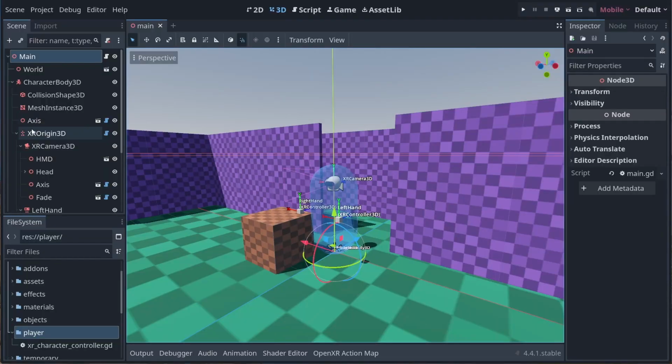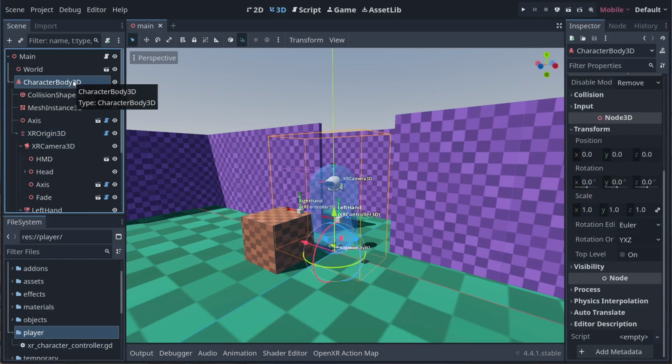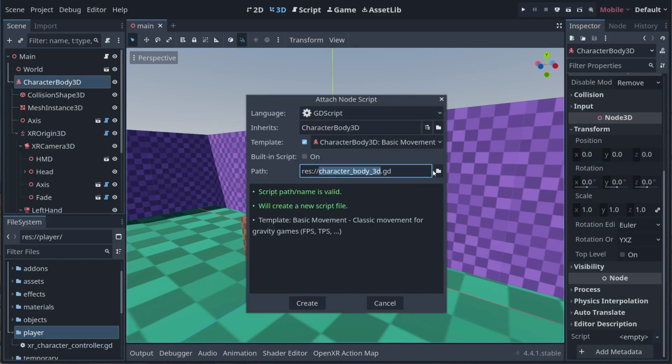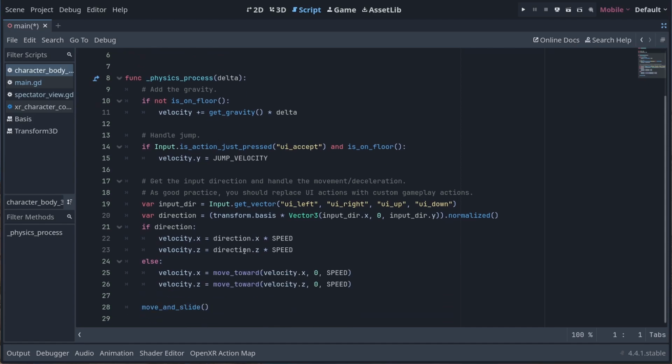In our previous video, we put all our physical movement logic in a script on the XR Origin 3D node. For our virtual movement, we are going to start by adding a script to our character body 3D node. Godot handily creates a default character body implementation for us, and this will work great. This script introduces a few constants that allow us to control the movement. The movement logic itself is in the physics process.